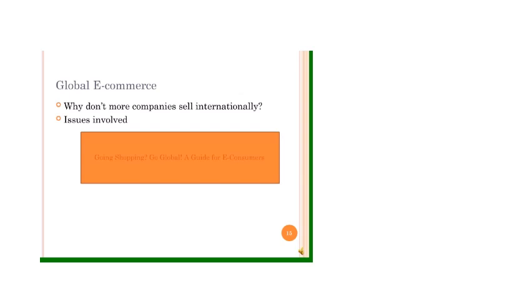Unless a company is experienced in international sales, it'll run into problems calculating costs, and by that time, the customer will have moved on to another web store. Some other reasons include trust, targeting the population, possible language issues, internet access, and payment methods, to name a few. Visit the FTC's website to read Going Shopping, Going Global, a guide to e-consumers, to find out what some consumers are asking before they shop online internationally.